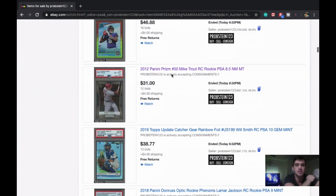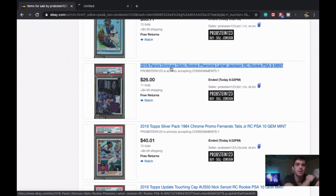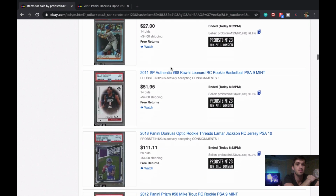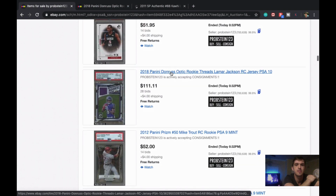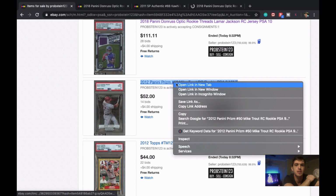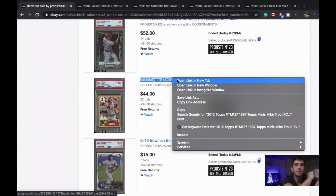PSA is super harsh, but thank God that I got the market right on many of these cards, because the market has just gone up for base prism, in a short period of time since the last time I sent these off. This order I sent off in mid-December, so I'll link the video again. But this just goes to show you all, you buy...